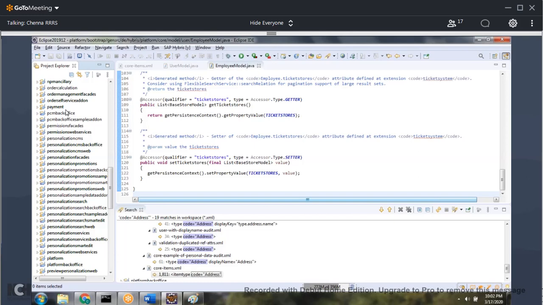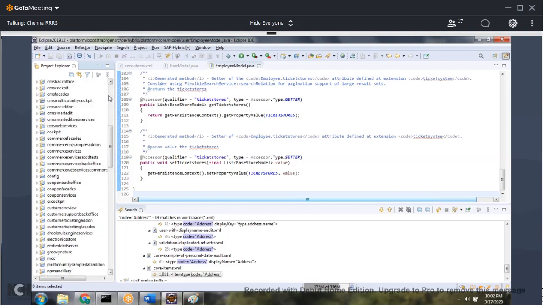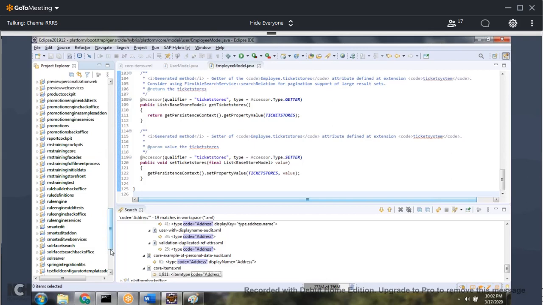So if I want to perform the DB operation from more than one extension, the model class has to be generated in the platform. Let me give you this example. Let's say a model class is generated in this extension. Then only from this one will you be able to perform the DB operations.